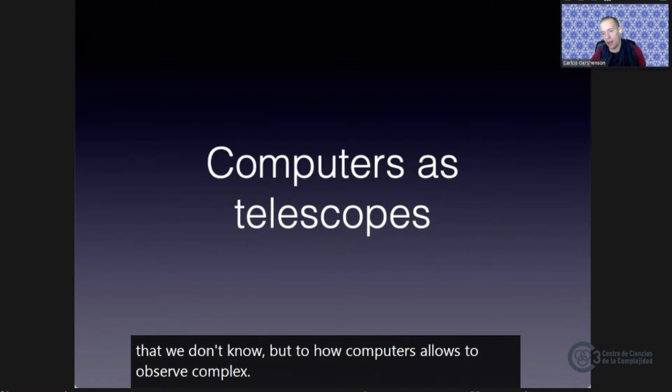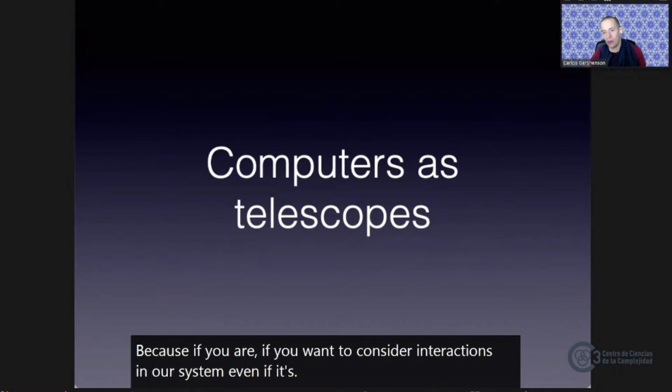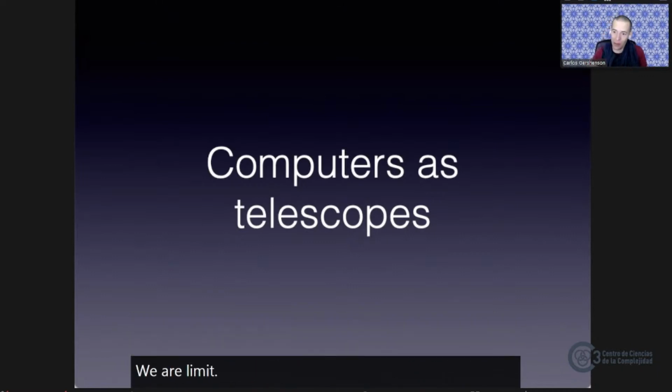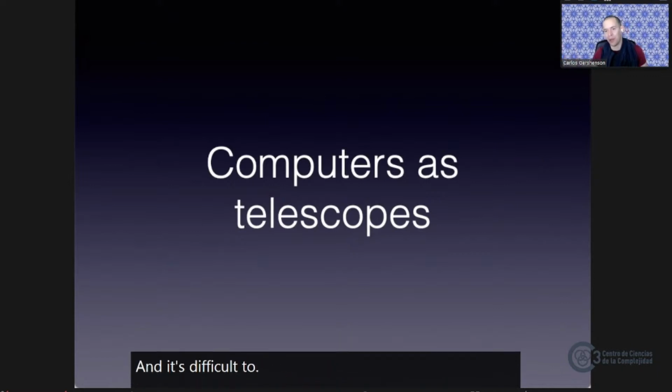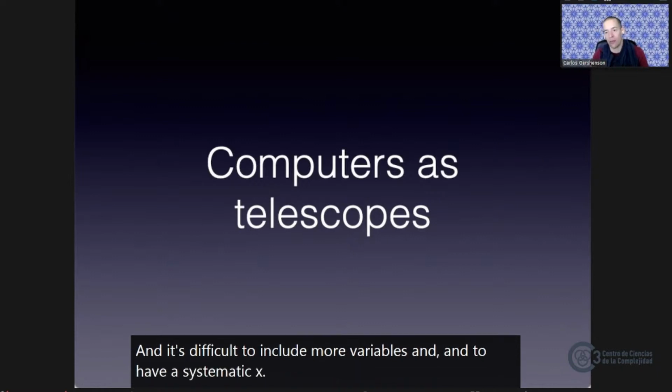observe complexity. Because if you want to consider interactions in a system, even if it's small, you need lots of variables. And even if we have a huge blackboard, we are limited in the number of variables that we can include in systems of differential equations. So two, maybe three, and it's difficult to include more variables, and to have a systematic exploration of phase space. So